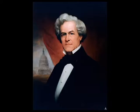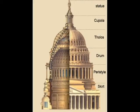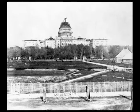Walter oversaw the construction of the marble wings, and was additionally commissioned to design and construct the cast iron dome in 1855. The old dome was made of wood and posed a fire hazard, which proved to be correct as British troops set fire to the Capitol building on August 24, 1814, and then, as Roth points out, another fire started in 1851. In the Architect of the Capitol site, we learn that the new dome designed by Thomas Ustick Walter would be constructed by using cast iron girders, plates, columns, and ornamentation. The weight of the cast iron alone for the dome weighed in at